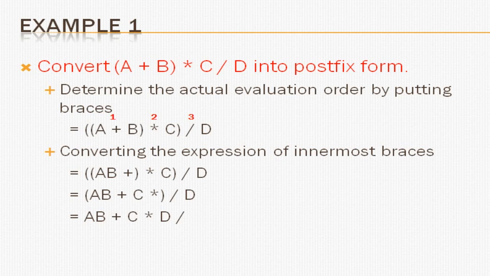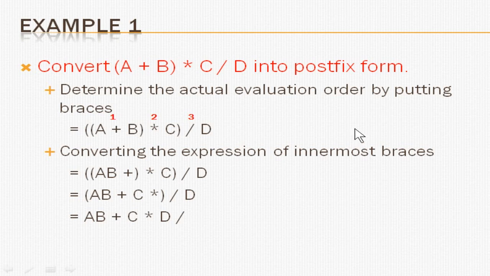According to the rule, asterisk and slash are in the same priority range, so what you have to do is use the associativity, that is from left to right. First comes the asterisk, which is on the left, and finally you have the slash. You can see the order is given here. So a plus b will be evaluated first, then you will multiply with the previous expression, and finally divide by the remaining operand. This is what you are going to do.